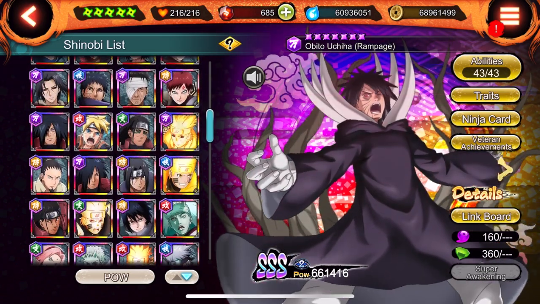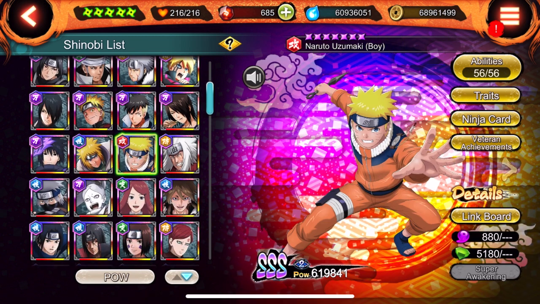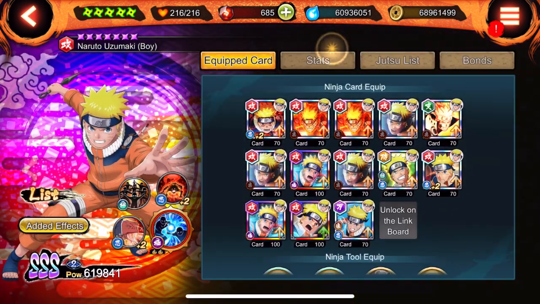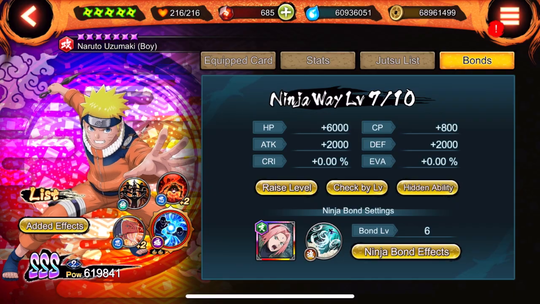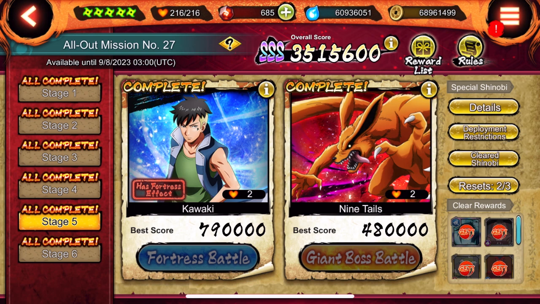Who else did I use? I don't remember. Oh, Kid Naruto. So Kid Naruto stats, you guys already know how that is. This is how I got my Kid Naruto. Okay, nothing too crazy. Like I said, my units are not insanely strong, but the reason why I think Rage